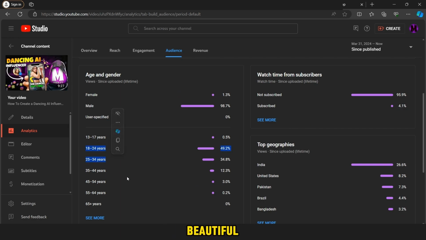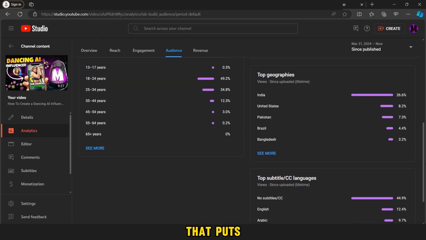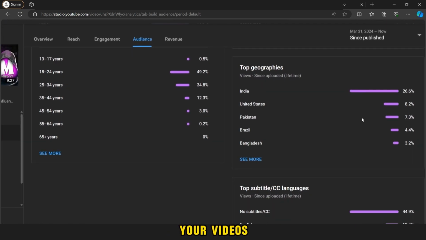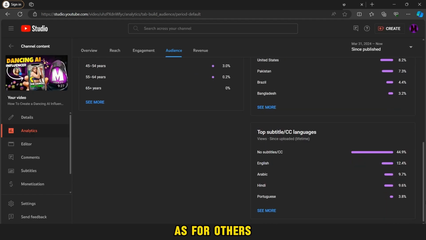This is a rather beautiful indicator, and the factor that makes the difference is which country the viewers of your videos belong to. If you see the statistics, you will find most of them are from the dear country of India. Others are from countries such as Pakistan and the United States. If the majority of your viewers belonged to the United States, there would be more profits than the current situation.